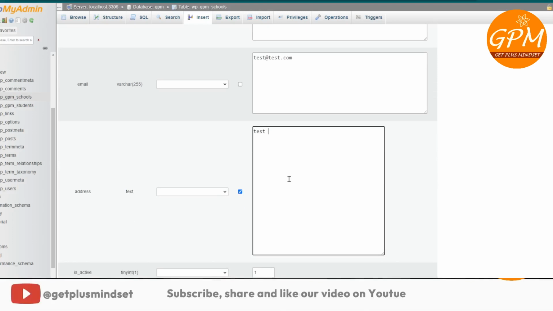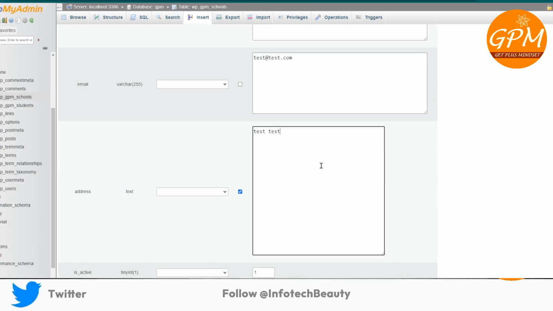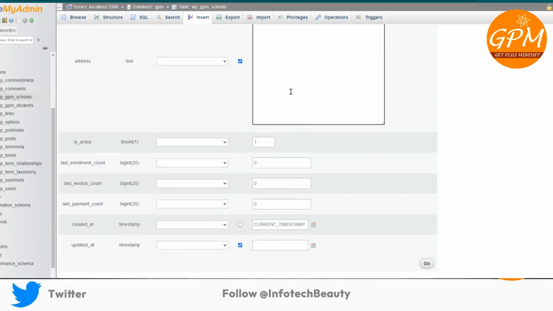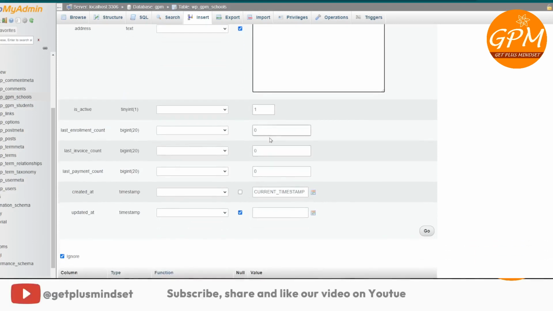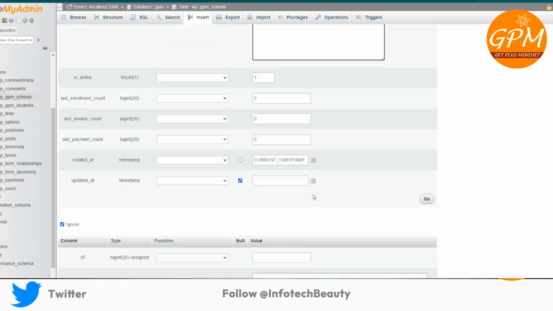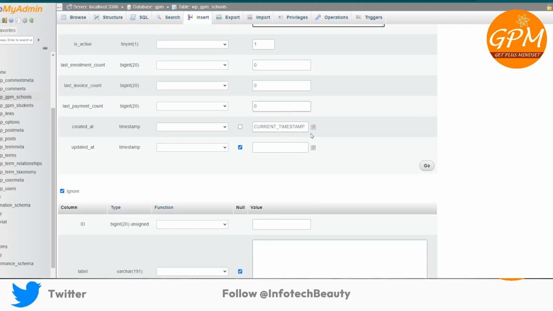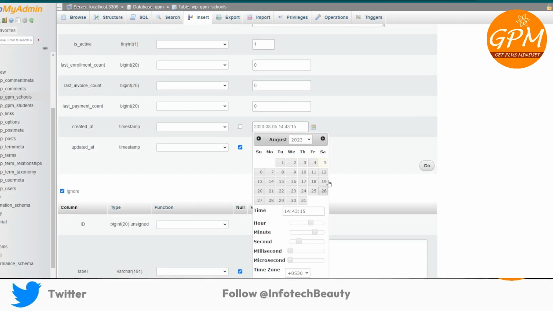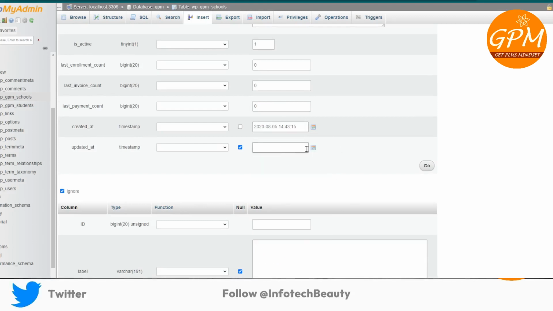So hooks are categorized into two main types. One is action hooks, another is filter hooks. So this knowledge is very important for a WordPress plugin developer. Action hooks allow you to execute custom code at specific points in WordPress core, themes and plugins. They do not return a value, they simply execute the code. And some major action hooks are